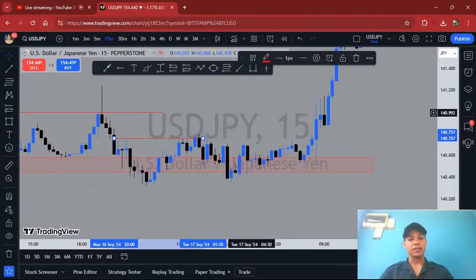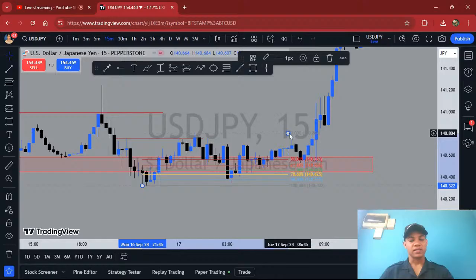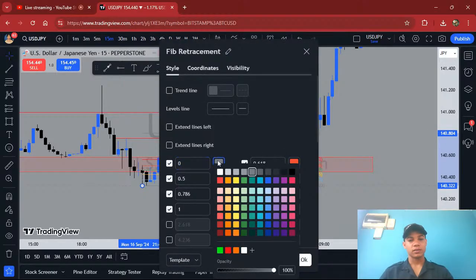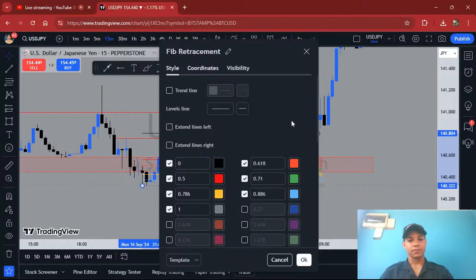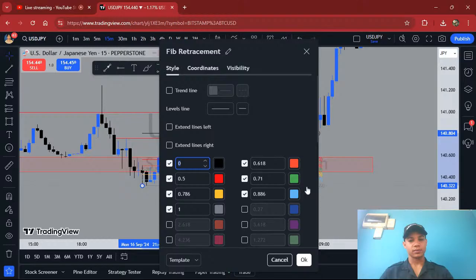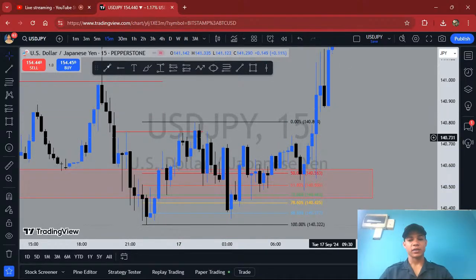And once we created a higher high, you can take your Fibonacci and place it over the range, and there's something wrong with my fibs. There we go. Over my range, you can see we pulled into our discount level,